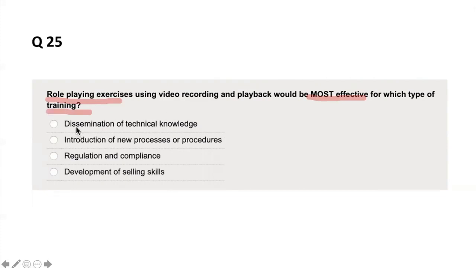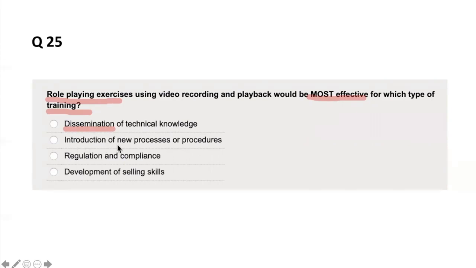So when you disseminate technical knowledge, okay, dissemination of technical knowledge. This is not role-playing, first of all. When you disseminate technical knowledge, you're giving it, you're sharing it. So that has nothing to do with role-playing. You're just giving some information about something technical. For example, you may say something about a machine and how to operate it, but you're sharing the information. You don't need to talk to someone in terms of communicating and see how someone behaves under a circumstance.